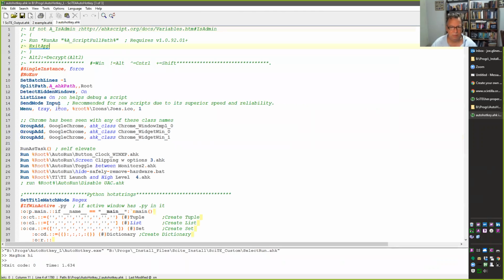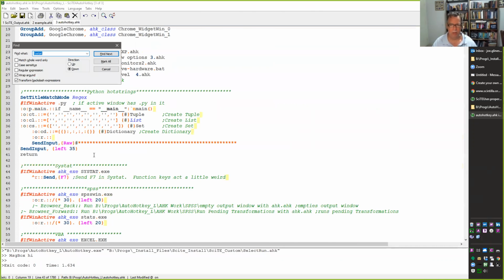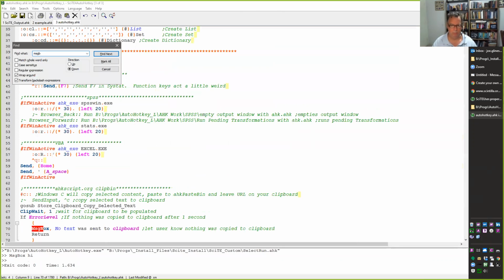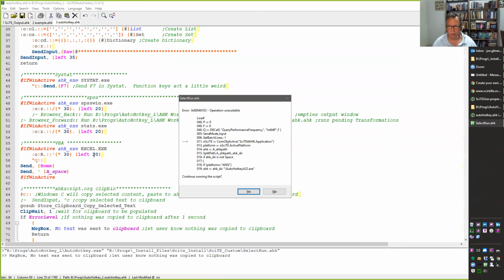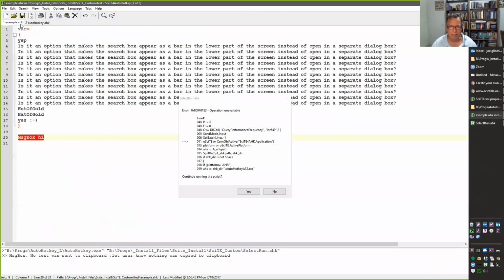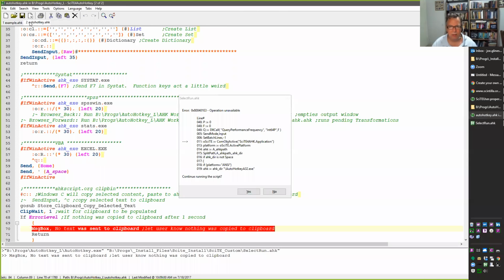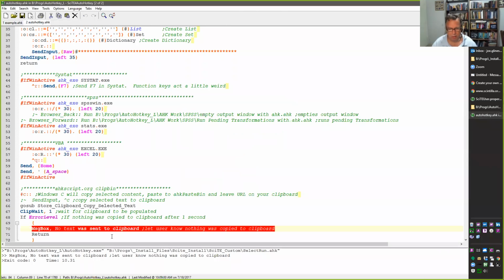Or I'll just even, because this is where I tested it. Control R. Yeah, operation available. I'll have to look at that. Maybe I can't imagine that being open matters. That's odd, but